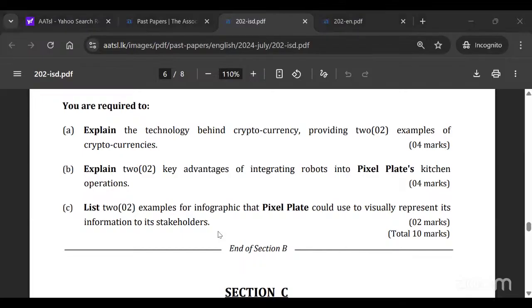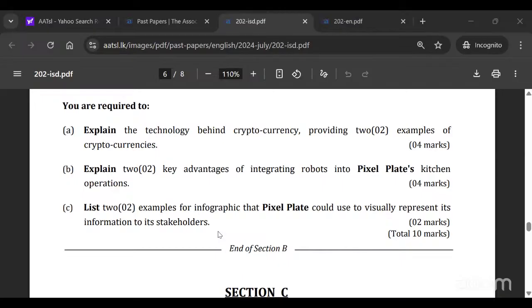Cryptocurrency. Explain the technology behind the cryptocurrency, providing 2 examples of cryptocurrencies. Examples are Bitcoin, Ethereum, Polkadot. Cryptocurrency operates on blockchain technology, which is a decentralized and distributed ledger system. It allows transactions to be recorded in a secure,